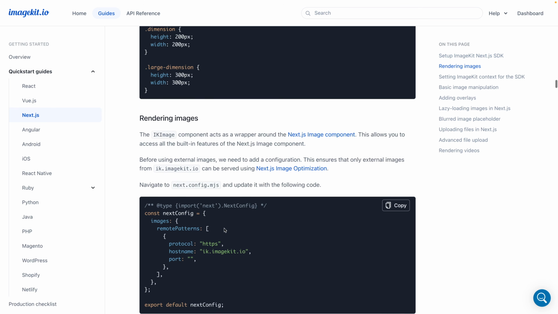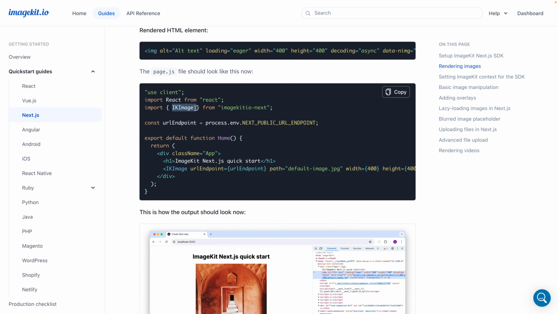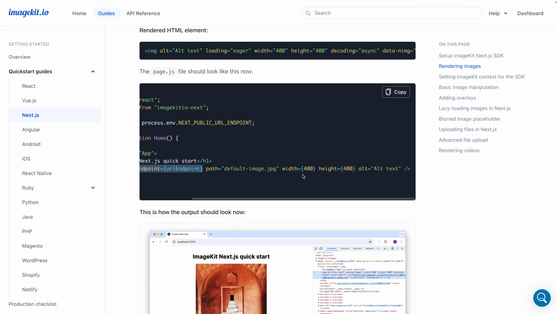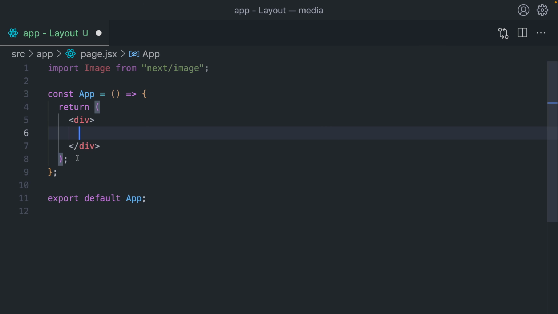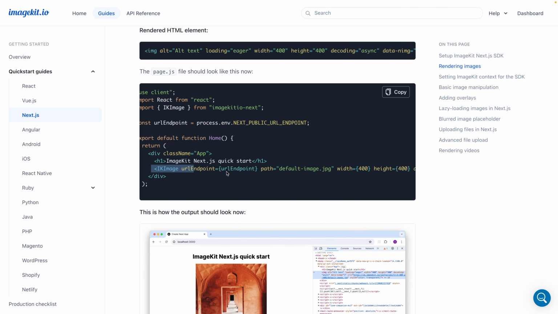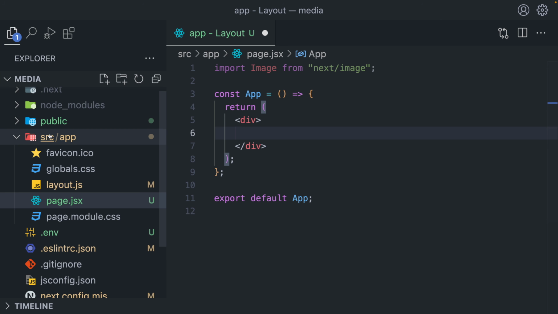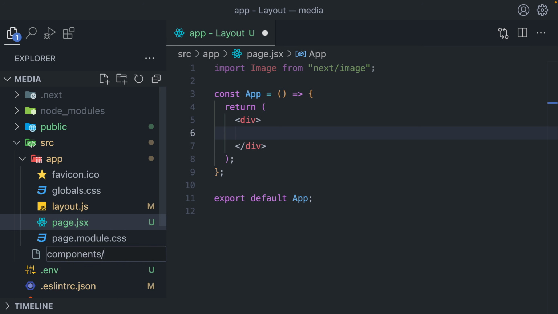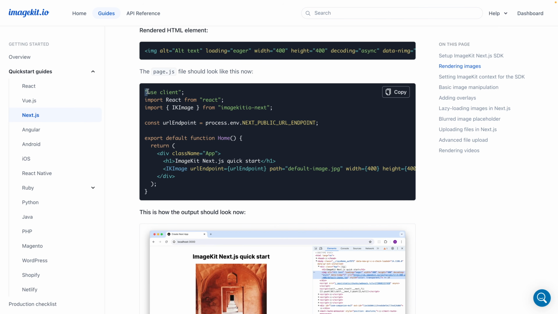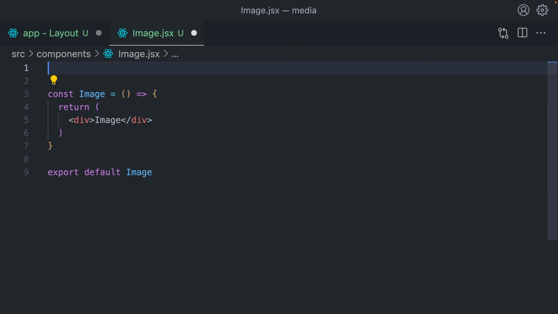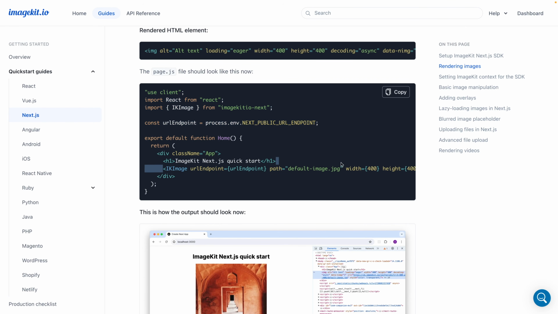After doing that, we will be able to display our images using this component. We'll write here the URL endpoint, and the other details are similar to Next.js image component. Instead of source, we'll be using the path. You can directly use this component here, but each time you have to write this endpoint again and again. To prevent this, inside the source folder, I'll create my component and define our endpoint and return it